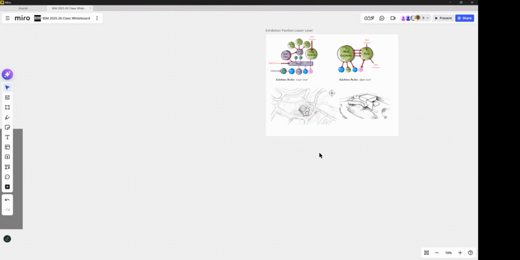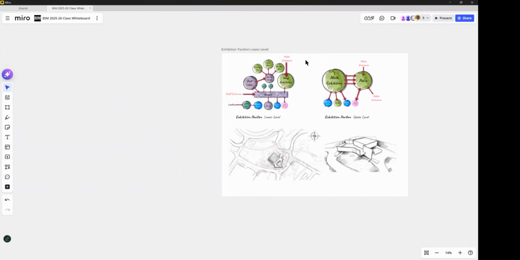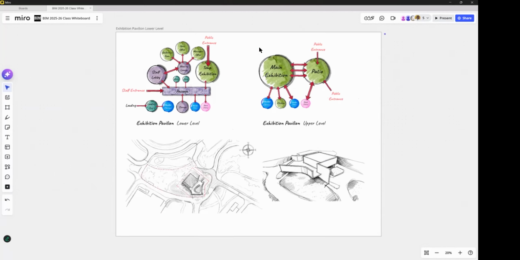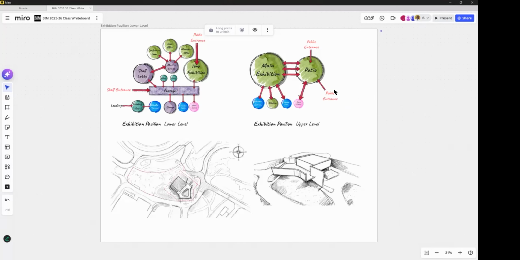All right, so what I want you guys to do is, based on this, sketch me out a floor plan. Take a picture, put it on the mirror board based on this. And this is at the preliminary stage of our design. Now, in an architectural office, the principal might ask you to do that.